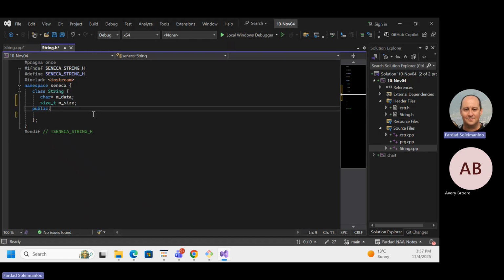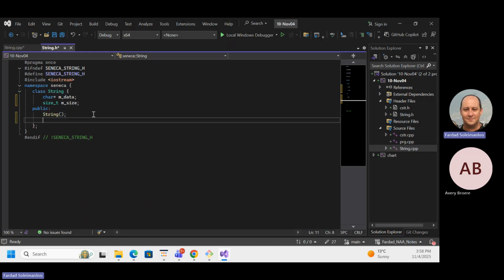I'll do it. Probably I'm going to remove it afterwards, but for now, let it be. Okay. So I have this. Now I want to have a constructor for it. What did we say when something is not used? I'm going to say over here, I'm going to create string, and that string is the default constructor.